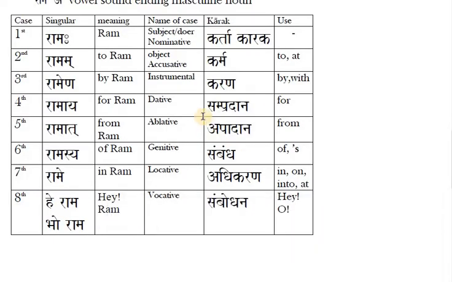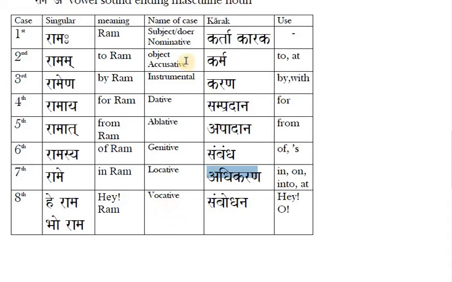You check again. First, the subject is Karaka, right? Karta Karaka. Then the object is also a Karaka, like cricket. And Karana, by, is also Karana Karaka. Sampradana Karaka, for. From, the 5th, is a Karaka. The 6th is not considered a Karaka. And the 7th, Adhikarana, is also a Karaka, the locative case.